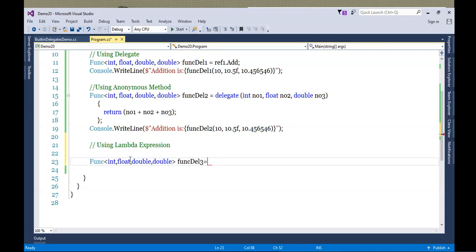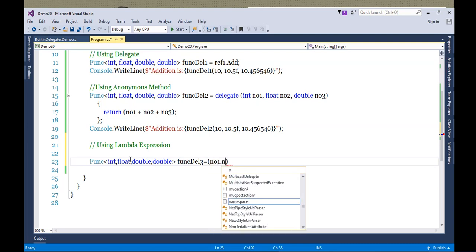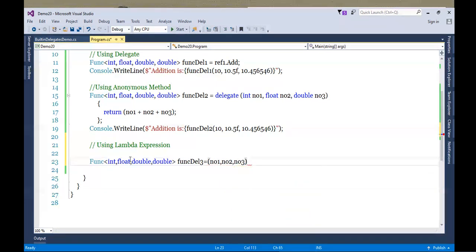Parameter, goes to, and logic. So right now, how many arguments we got? 3. Specify. Are we going to give the types here? No, because when we create this func delegate reference, I already specified types here.